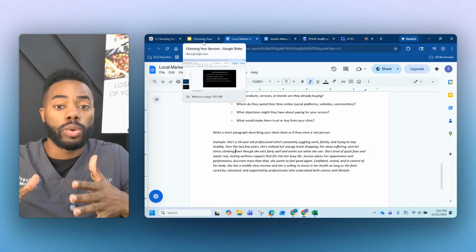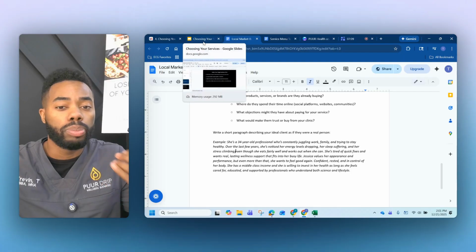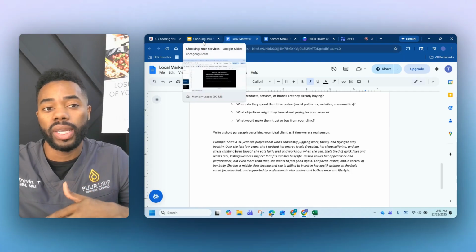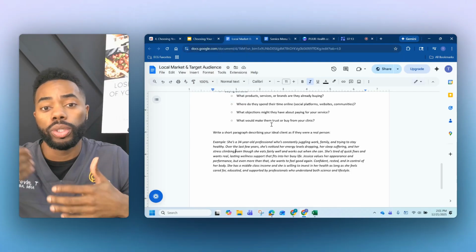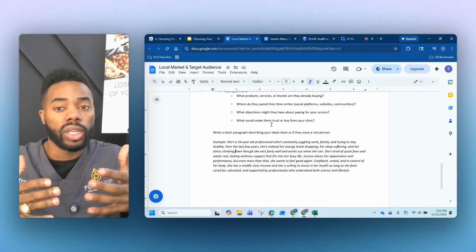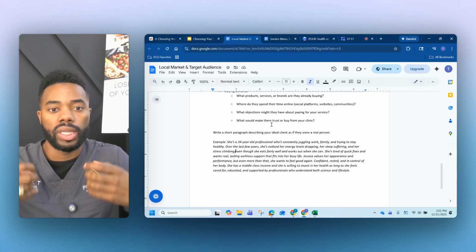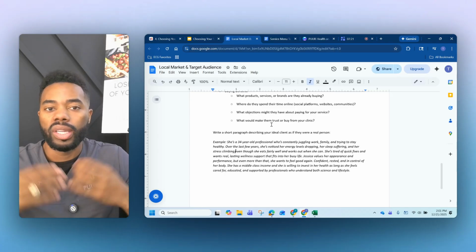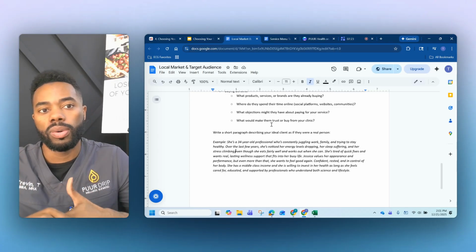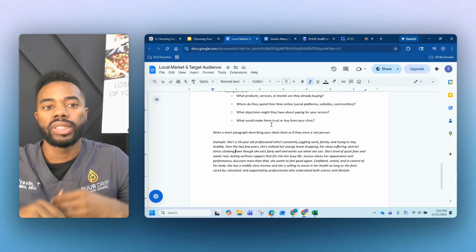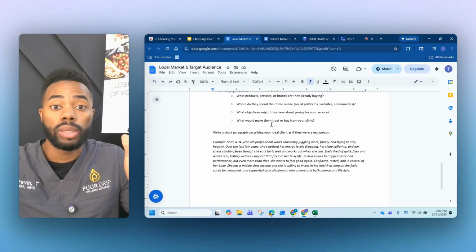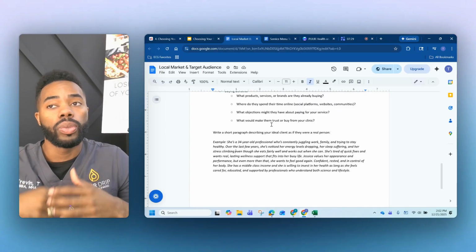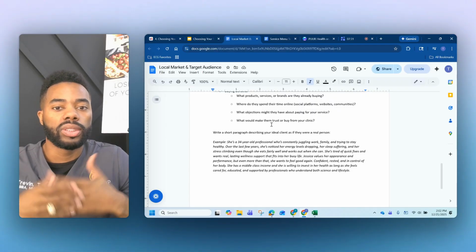I will even say even more before we move on from this: even the pictures that you put on your website can speak to your target audience. And if your target audience is a specific person that has a specific interest, then those photos should align with that. So again, you can even get into that much detail when you're really thinking through a lot of these things, instead of just thinking, okay, I'm just going to offer the same services that everyone offers, when you don't really know, for instance, who's in your area.